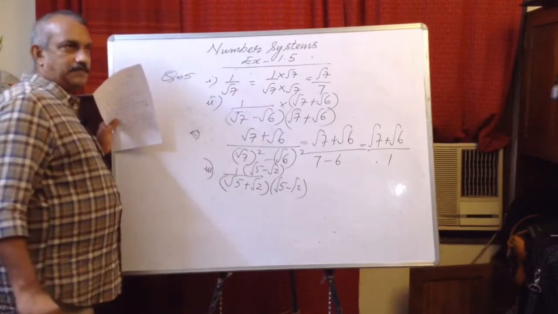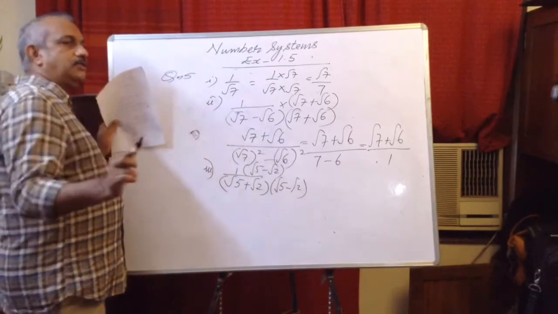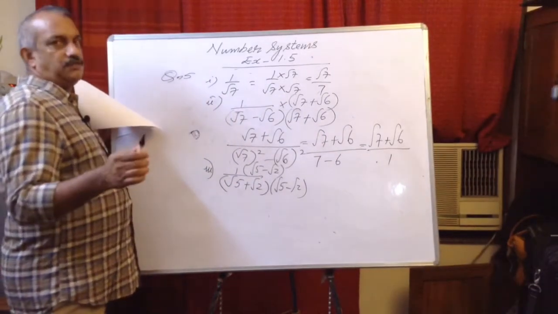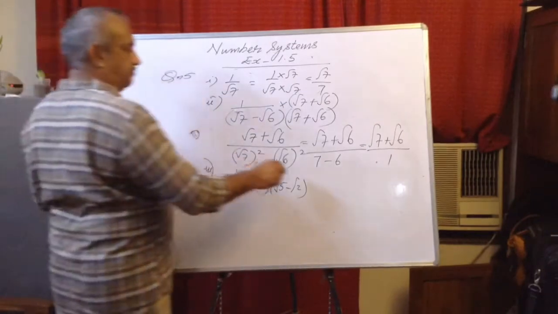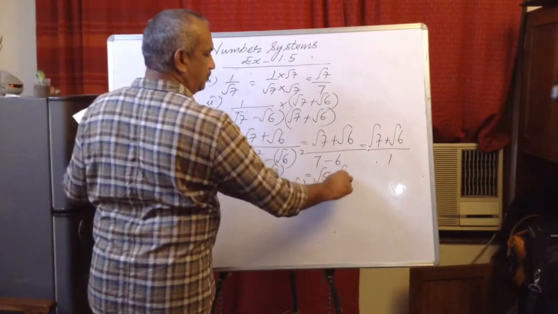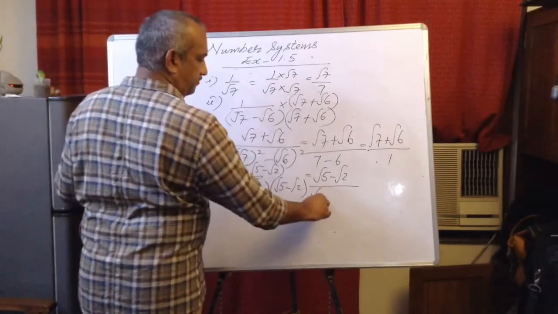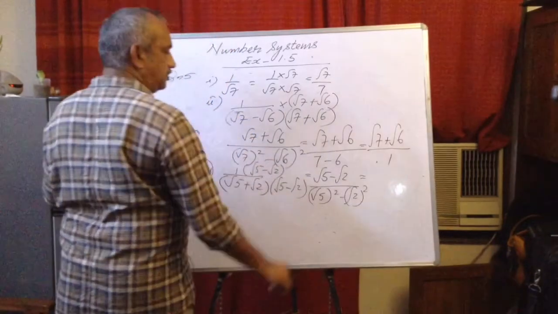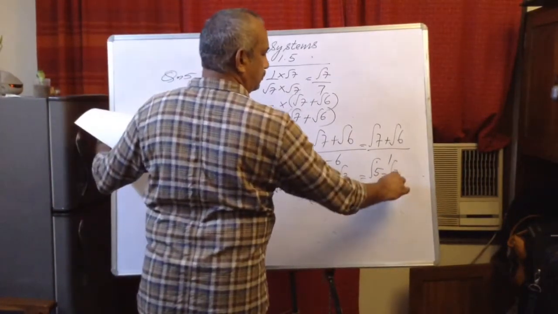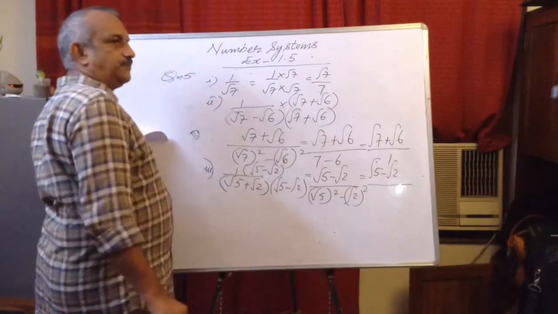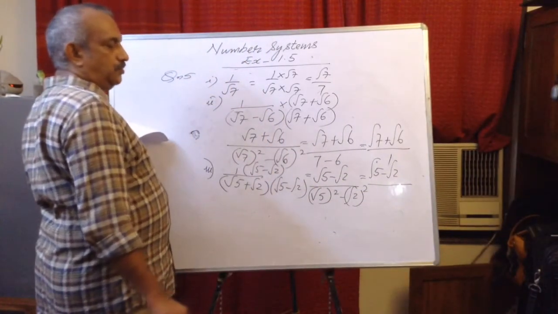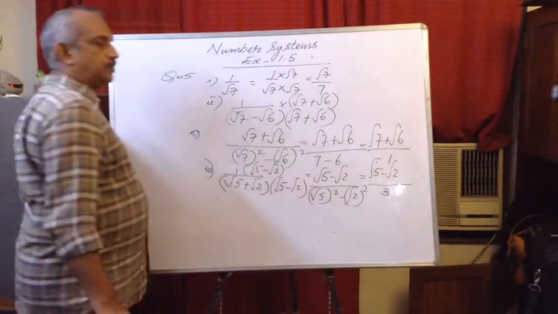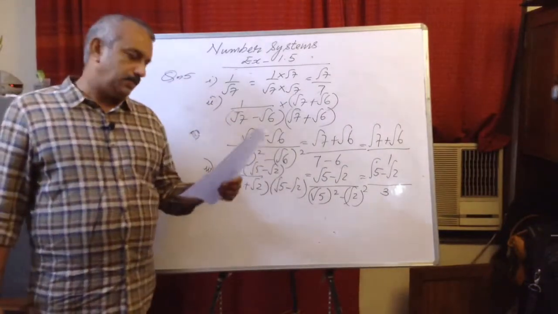If it is in the form a plus b, you have to look at the denominator only. If it is in the form a plus b, multiply by a minus b. And if it is in the form a minus b, multiply by a plus b. So root 5 minus root 2 upon root 5 the whole square minus root 2 the whole square. So the answer is root 5 minus root 2 upon, I am going to write directly, what is root 5 square? 5. And what is root 2 square? 2. What is 5 minus 2? 3. So this is the answer: root 5 minus root 2 upon 3.